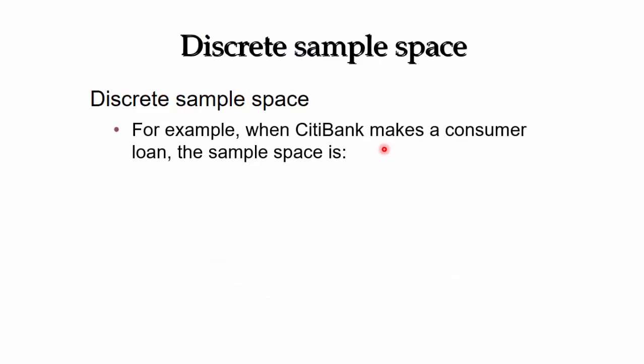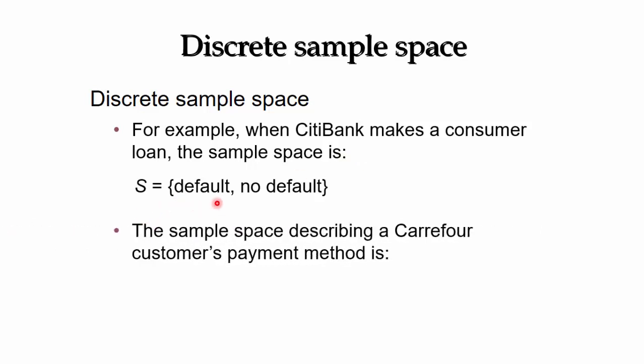Now let's take this example of a bank which offers loans to its customers. So the sample space is all those customers who have taken a loan. I would like to classify them as defaulters and non-defaulters, people who do not pay and people who pay up on time. Now you can count how many of them have defaulted, how many of them have not defaulted. You cannot measure it. It's count numbers, and hence, in this case, the sample space is countable.